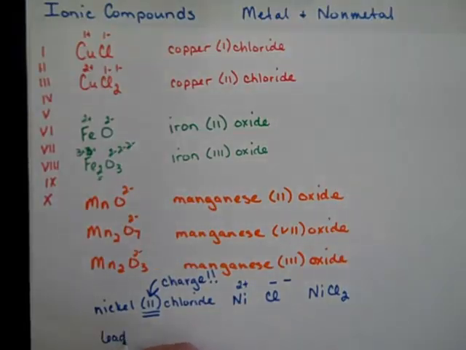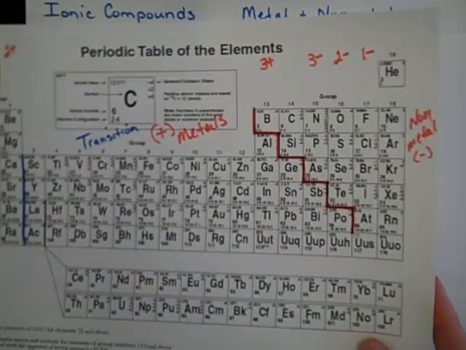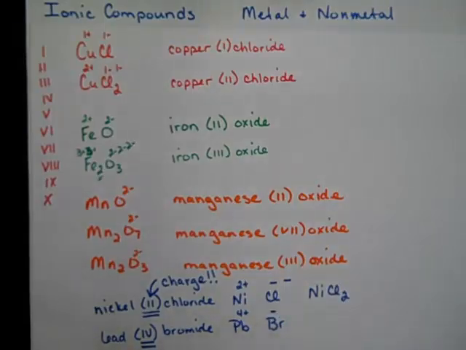So if we have lead, let's go 4 bromide. Make this up as we go along. Okay, so we have lead 4. Lead is Pb. That means it has a 4 positive charge. Bromine is over here. It's a halogen, so it has a -1. And in order to balance that, we would need 4 of them. So we would have Pb, Br,